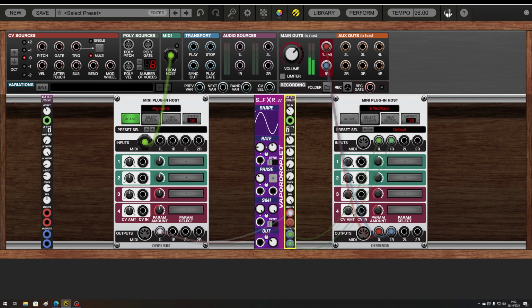So let's change the delay time a little bit. The shorter the delay time, the more you get into that unison kind of sound. And if you start to up the modulation,